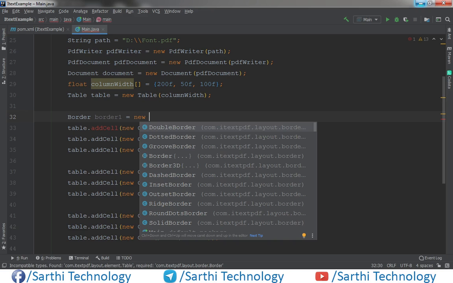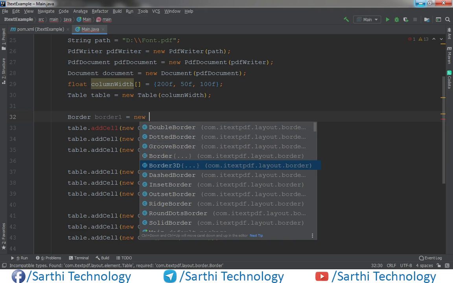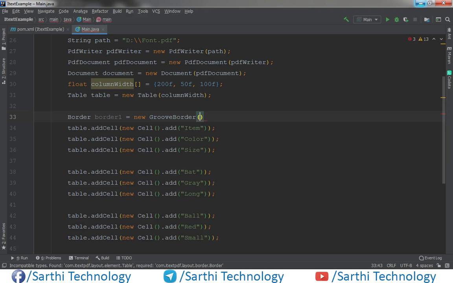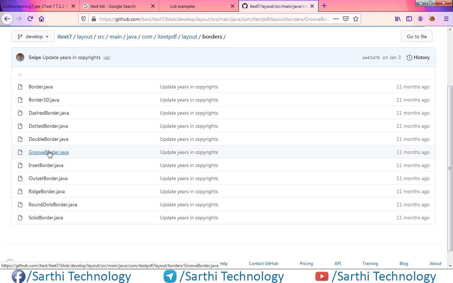Now here you can see many options. For example, we will create a group border here, and put a semicolon. Now here you can see a red line. So just go to the page and here you can see group border. Just click on this group border.